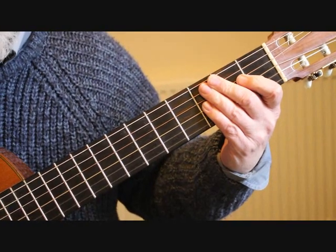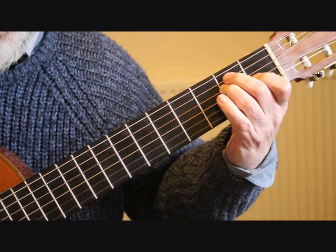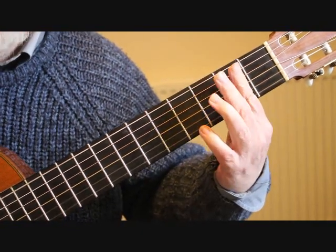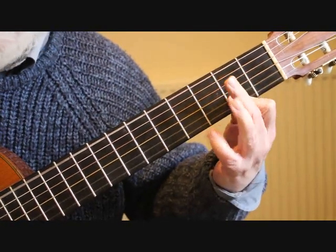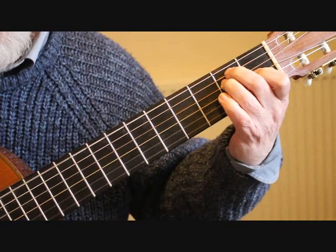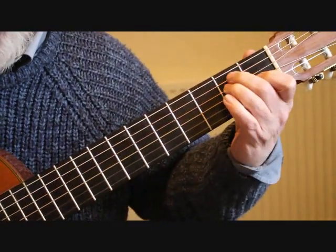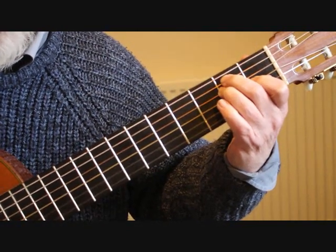And at the end of bar 64, it does change. So we've just played the E major arpeggio across. We're moving into this sequence. So what we do, the way I play this anyway, I play the arpeggio across,